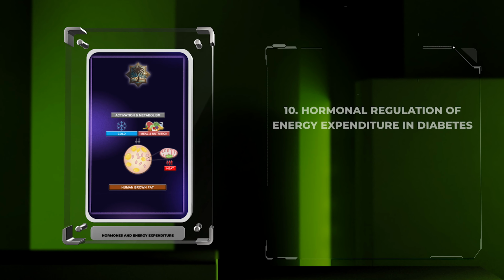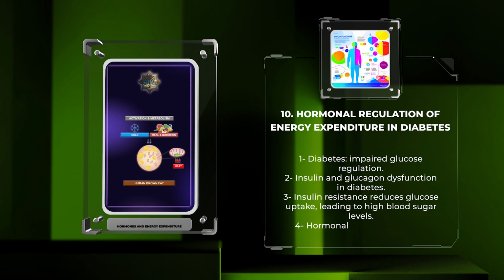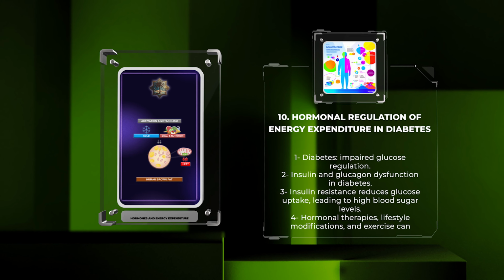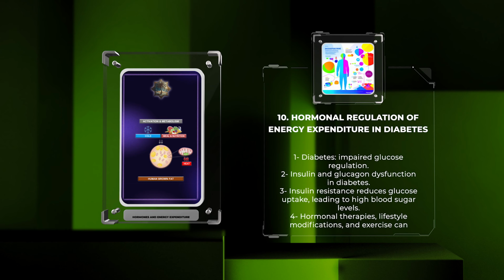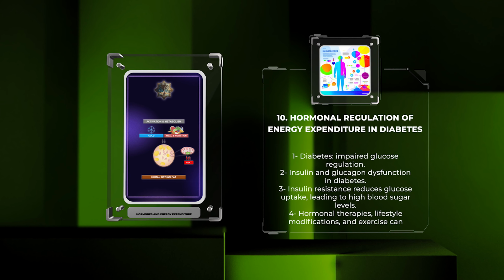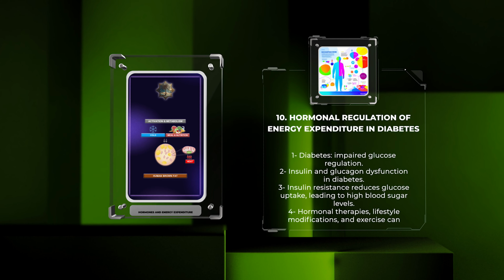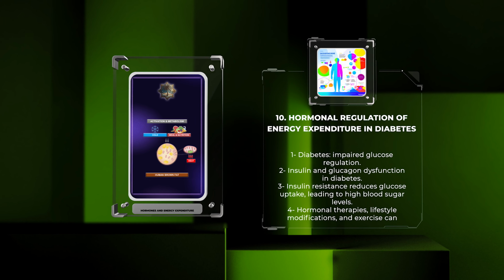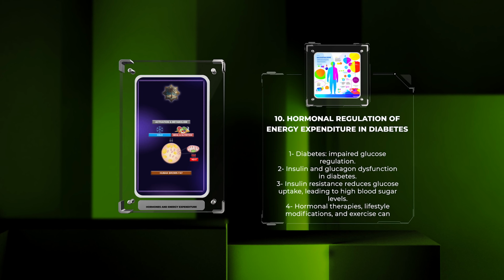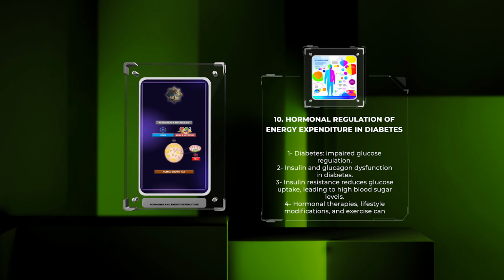Diabetes is a metabolic disorder characterized by impaired glucose regulation. Hormones such as insulin and glucagon are dysfunctional in individuals with diabetes, leading to imbalances in energy metabolism. Insulin resistance, a hallmark of type 2 diabetes, reduces the ability of insulin to promote glucose uptake, resulting in high blood sugar levels. Hormonal therapies, lifestyle modifications, and exercise can help normalize energy expenditure and improve glucose control in individuals